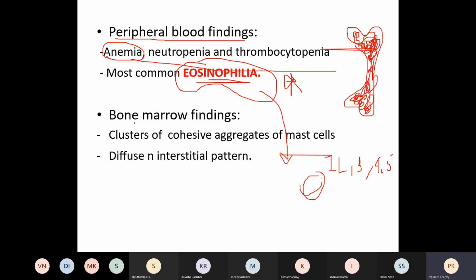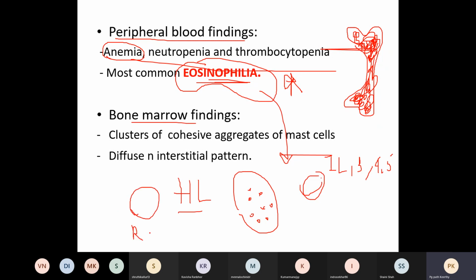Am I clear? Next, coming to bone marrow findings. Even you remember in Hodgkin's lymphoma, what do you see predominantly there? Eosinophils. Why do we see eosinophils? Because in Hodgkin's lymphoma the malignant cells are the RS cells, and they also secrete the same interleukin 5, 3 and 4. Interleukin 5 is more important; that attracts your eosinophils.